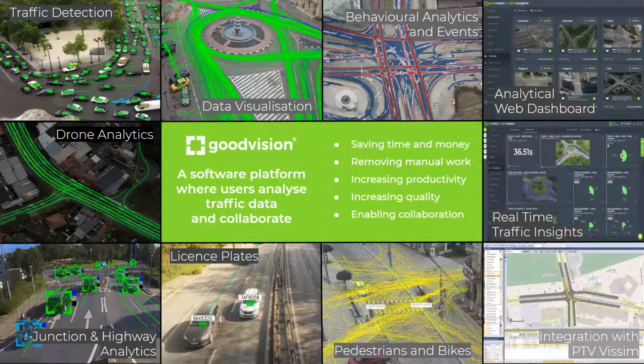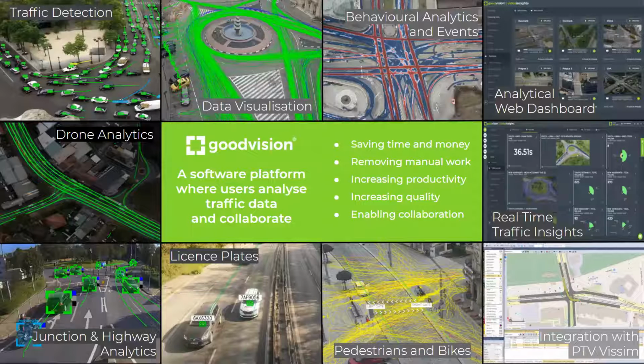We're looking at visualizing the data, and behavioral analytics, which is also very important for modelers, such as lane swapping and changing, and understanding what's going on in the scene as an investigation tool, which GoodVision provides, allowing you to granularly go through the visual data and peel it back layer by layer to understand at what time and at what points you've got objects clashing or moving between